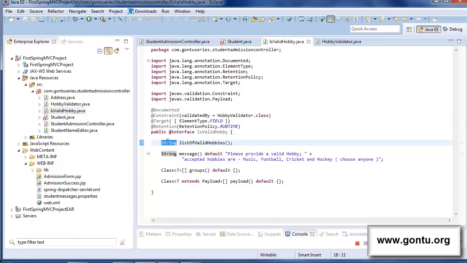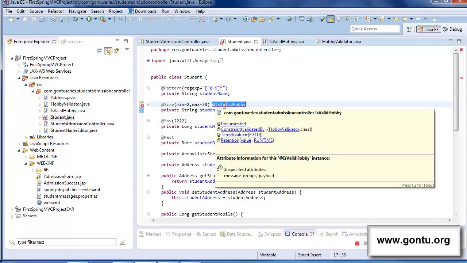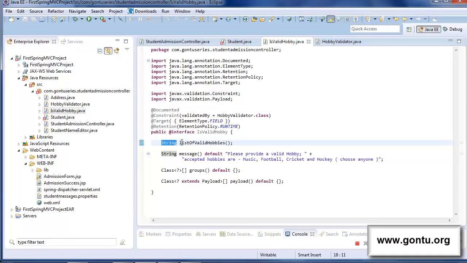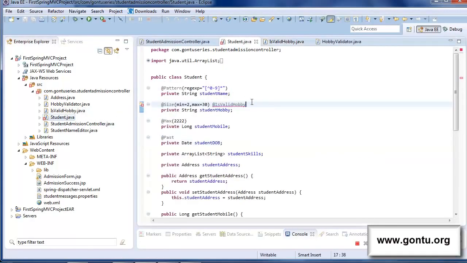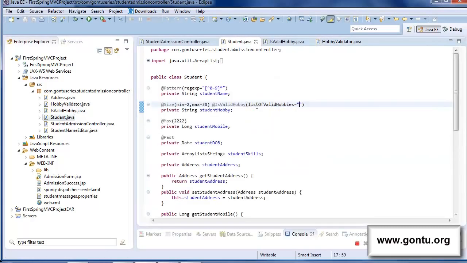Now if you observe, after including this statement here, this annotation has started showing up an error message. It's saying it's incorrectly written. And why is it saying it's incorrectly written? Because with this statement, we now have to provide a parameter to it with the name list of valid hobbies, and we need to provide a valid list of hobbies in it. So what I'll do, I'll simply copy this list of valid hobbies from here and paste it here,